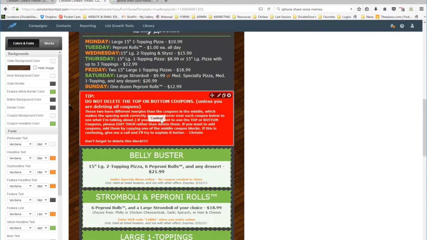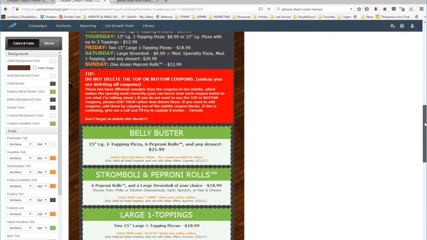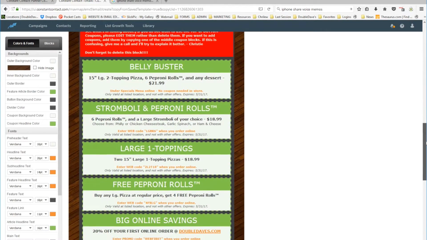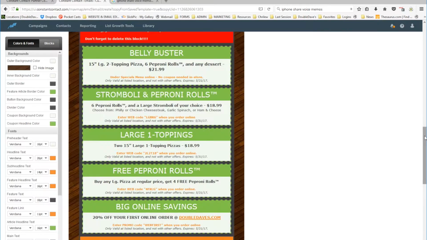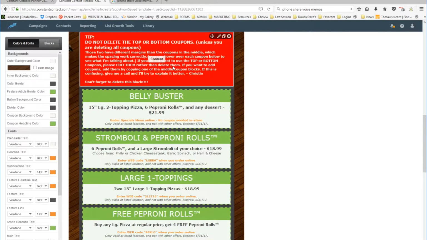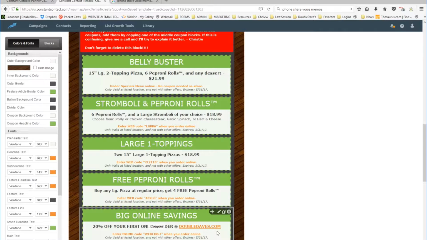This next red box is going to give you some information about how to work with these awesome little coupons down here. So I just want to spend a little bit of time talking to you about these. You can read through all that, the text of the hint right there, but essentially what it's saying is that when you delete, if you don't want 5 coupons, you want to delete some, let's say even that the one that you want is a large one topping,